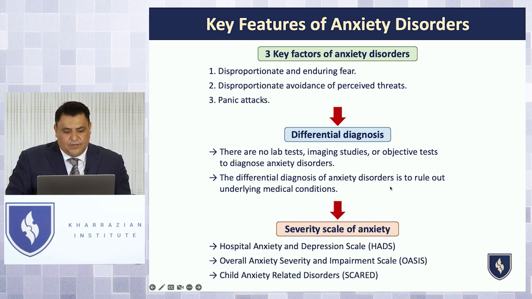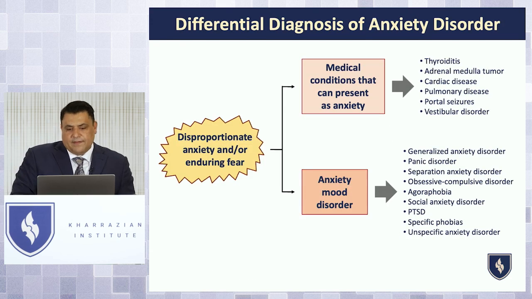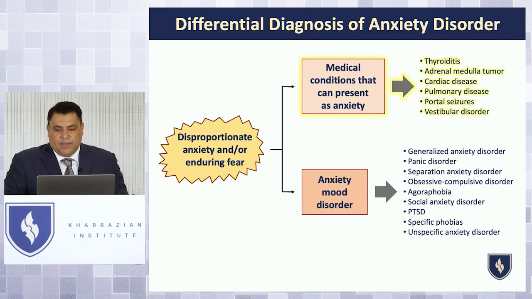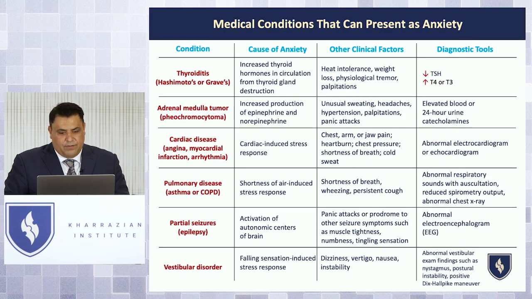So we'll talk about using questionnaire forms to evaluate this and go through the process. Like with all things, if anyone has an anxiety disorder, you've got to make sure they don't have actual pathology. I made a chart for you for your notes that goes into the most common medical conditions that cause anxiety. They're pretty rare. Most of the people you're going to see in your clinical practice are not going to have these issues, but you need to be aware of them.